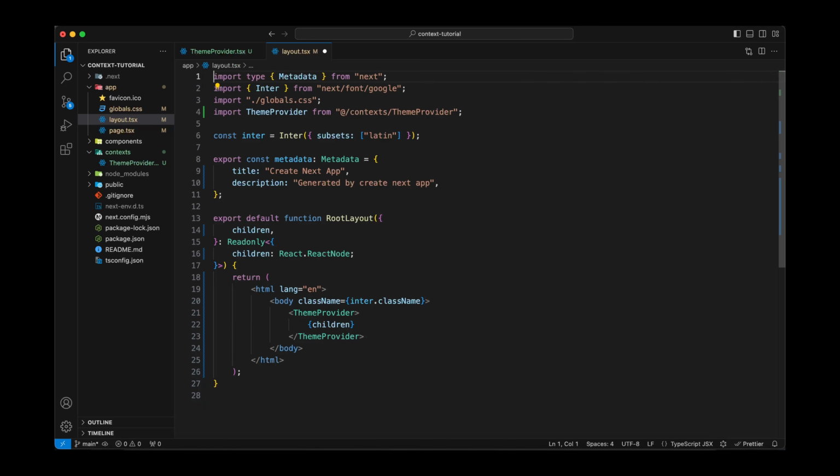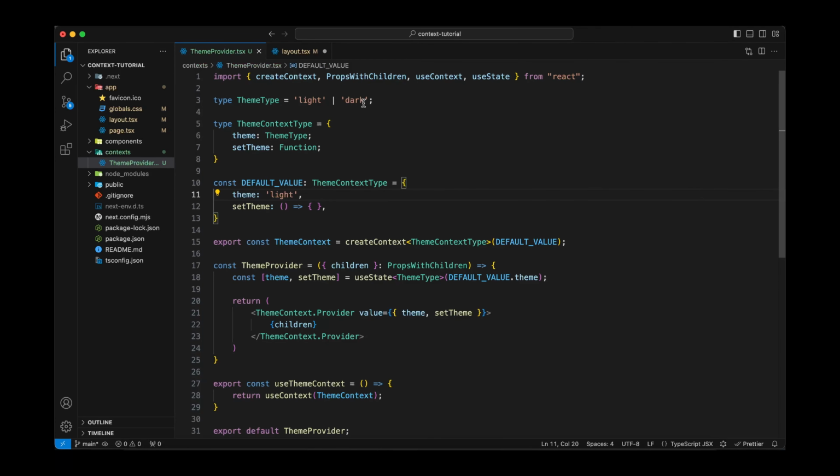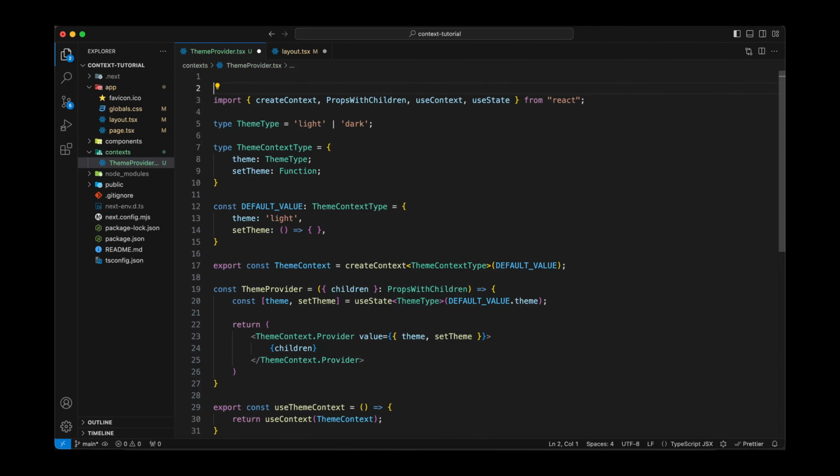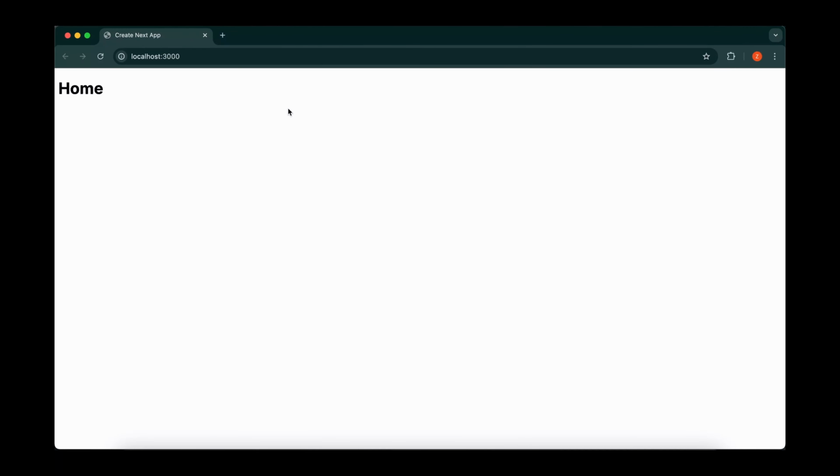If we cannot use the use client directive here, then where can we use it? The answer is in the theme context file itself. If I add the use client here, now if we come back, boom, everything is working fine. Now we have access to our context throughout our app, and now we are ready to use this context in